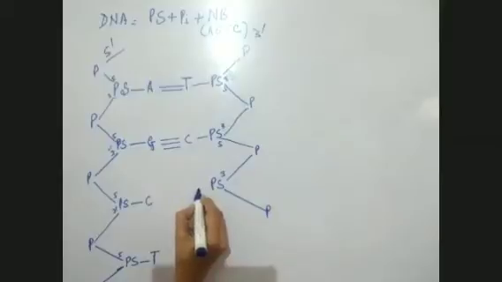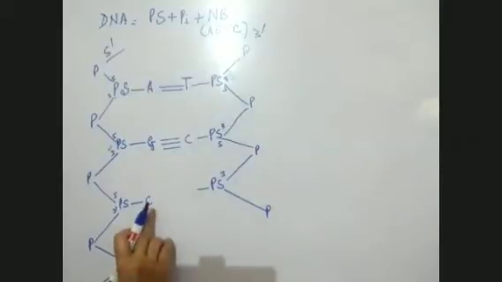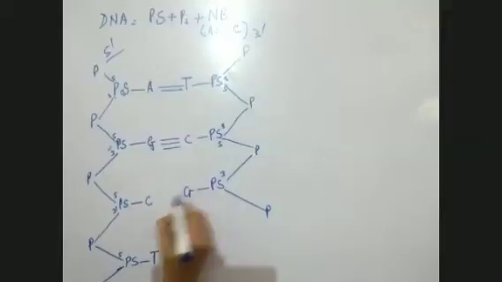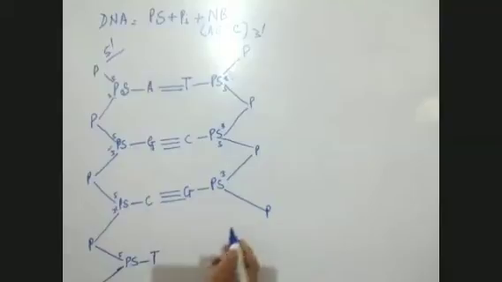Now here, if you see the complementary nitrogenous base to this one is G. So it will be attached to G by a triple bond. Now here, again, one pentose sugar is here. So this pentose sugar, this is now fifth carbon. Now here, the third carbon will attach it. Okay, and again, it will be attached by fifth carbon to another phosphate. Now here, the complementary base, T always gets linked to A, by a double hydrogen bond.